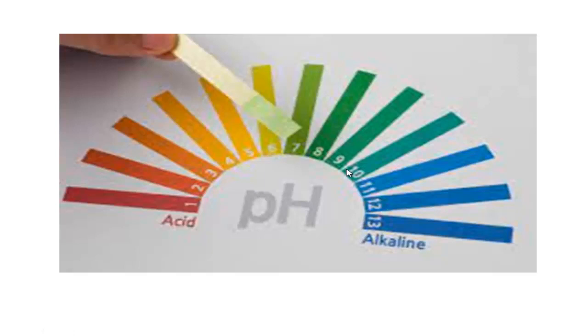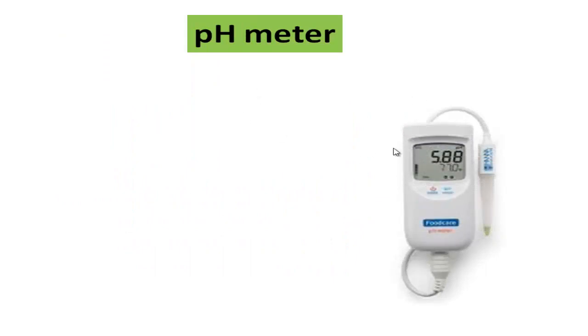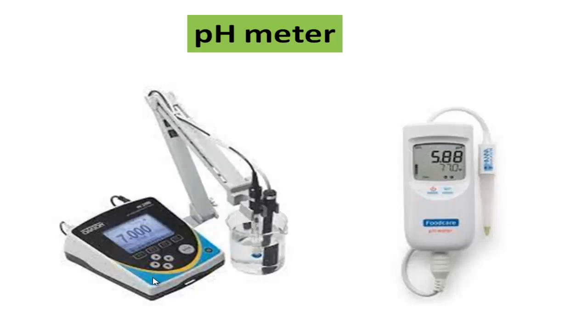But we will get the exact pH value by using a pH meter. A pH meter is actually a digital meter. When you immerse this end in a solution, it will directly show the pH value on its screen. Also this is another type of pH meter. So actually in our industry or in different pathological labs, to determine the pH value of any substance, generally a pH meter is used.